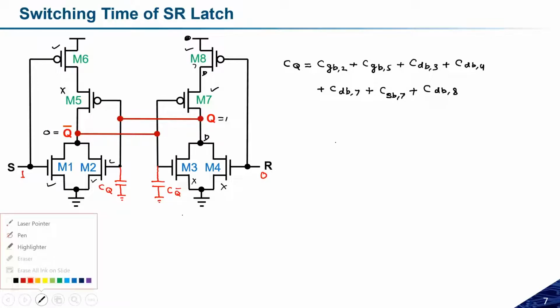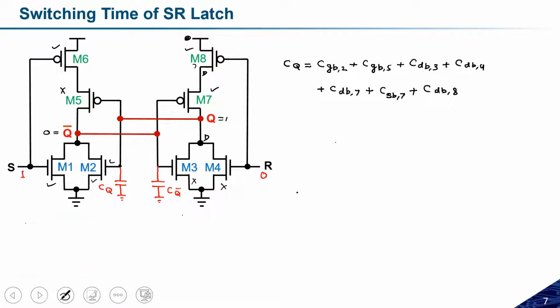if we try to calculate the capacitances at the other storage node, which is CQ bar. Okay, so if I want to calculate the capacitance at CQ bar, then simply we need to check which of the transistors are activated in that case, right? So simply, in that case, the total capacitance, just like what we have done for the first one, we need to calculate it for the second one as well.